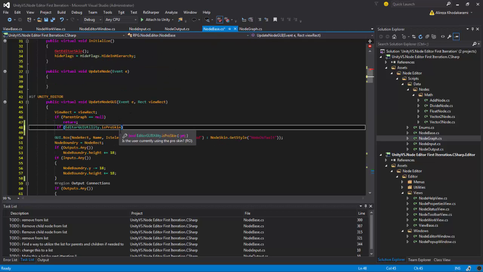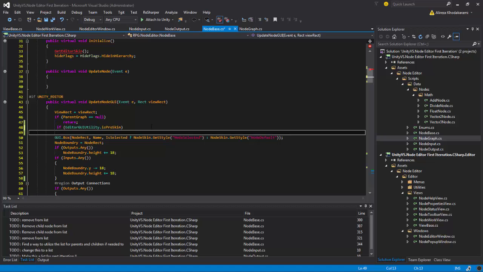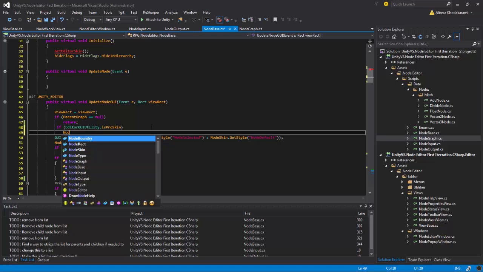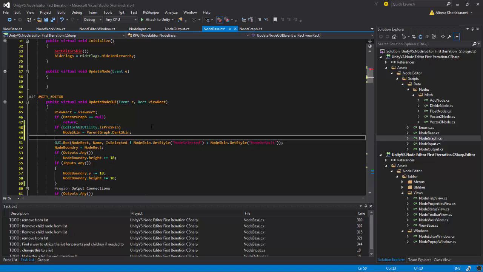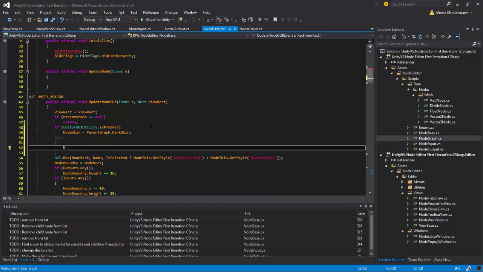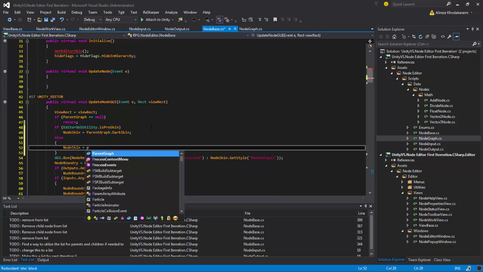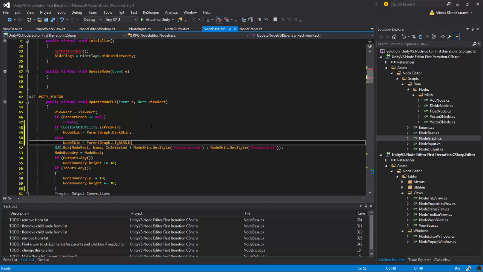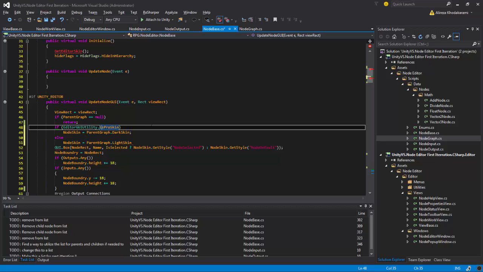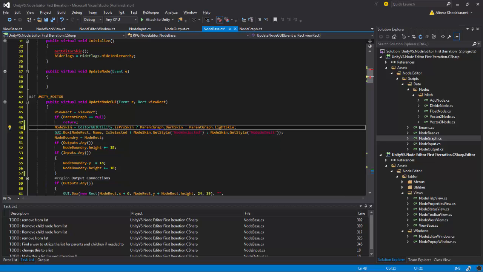We check if we are pro, then we say node skin equals parent graph dot dark skin, else we say node skin equals parent graph dot light skin. And because we already checked that parent graph is not null, it will be safe. Okay, so